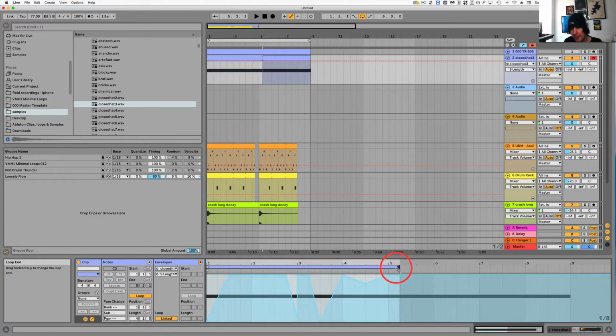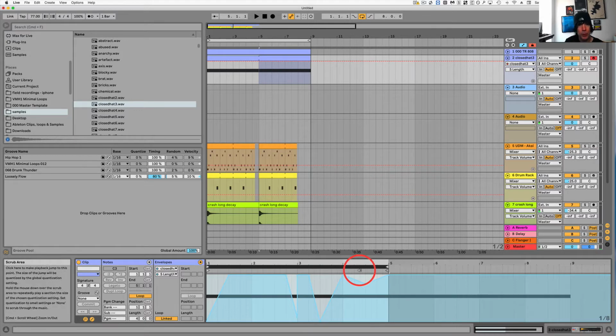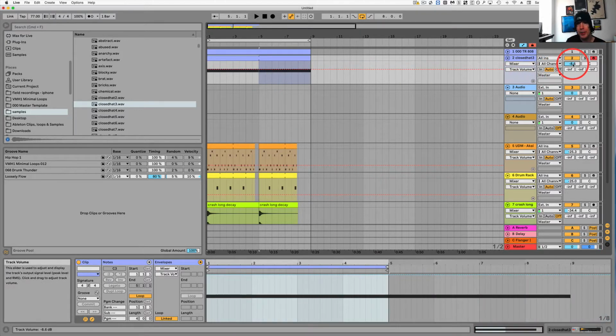We could just loop that if we want. So we've got kind of a 4-bar thing happening here. So now with the rhythm,